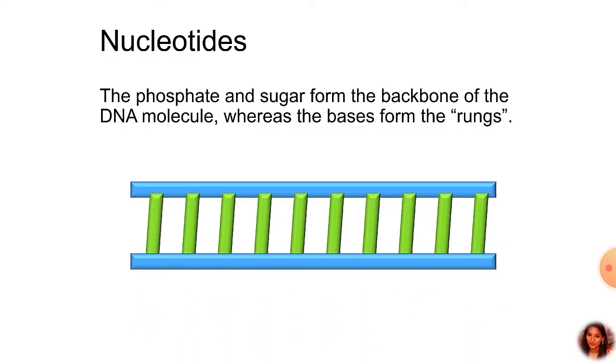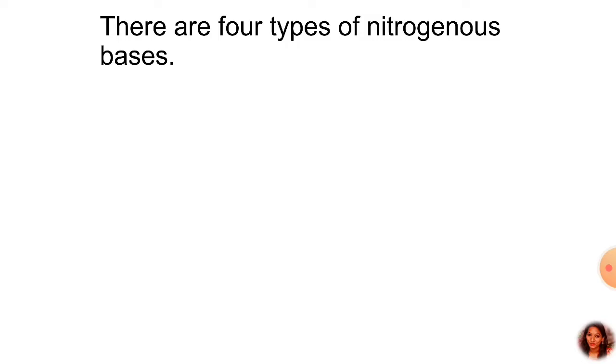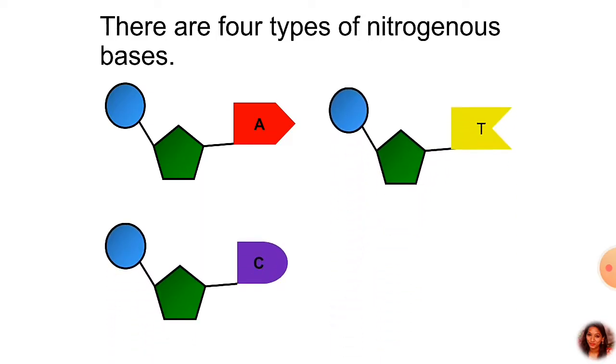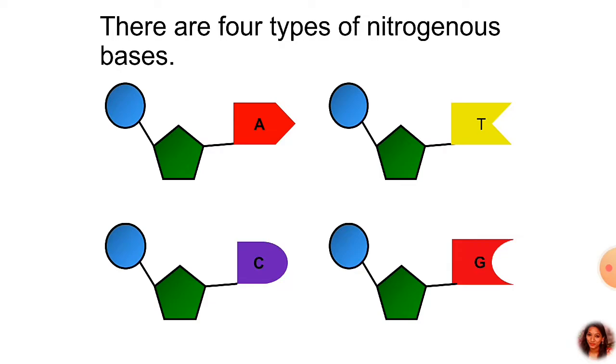So here, as we can see the ladder, the whole structure of the DNA is arranged. There are four major types of nitrogenous bases, which are divided into purines and pyrimidines. These are A, C, T and G. As we have learned, the nucleotide is made up of three units: phosphate group, pentose sugar and nitrogenous base. Along with these three, it forms the whole structure.